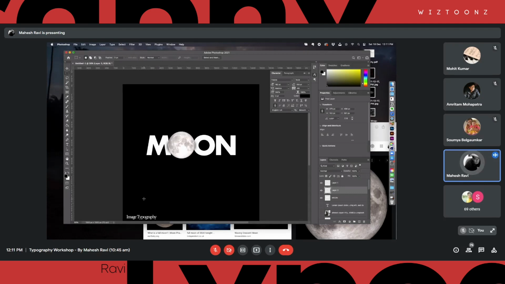We are combining two different mediums into one, but we are not using this moon as content. We're basically using it to enhance our typography, right? So that people will look at it and they will see something unique here, right? Did you understand this? Very simple exercise this is. Okay? Try to do it on different objects, right?